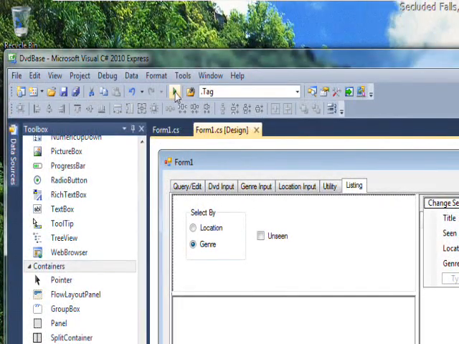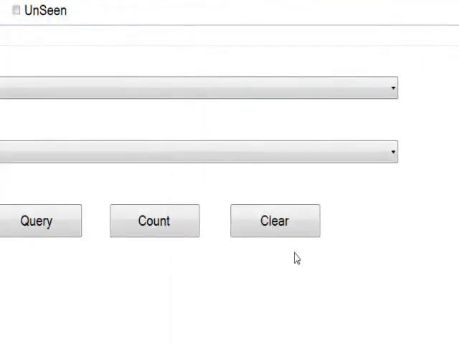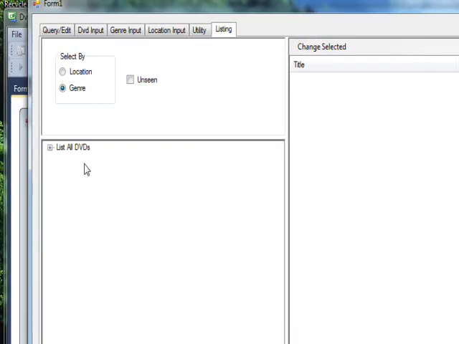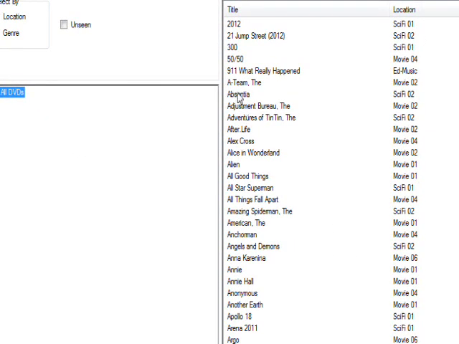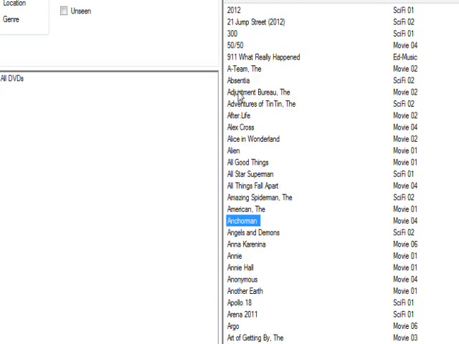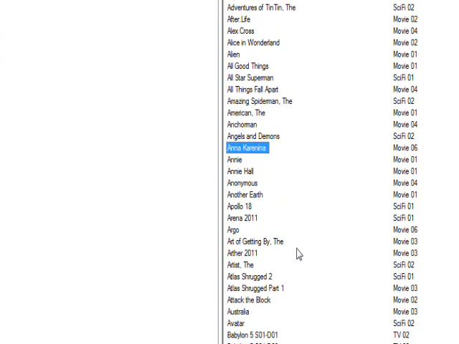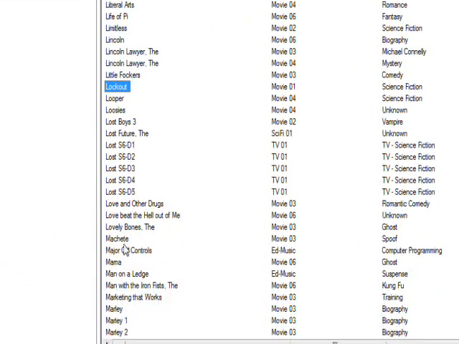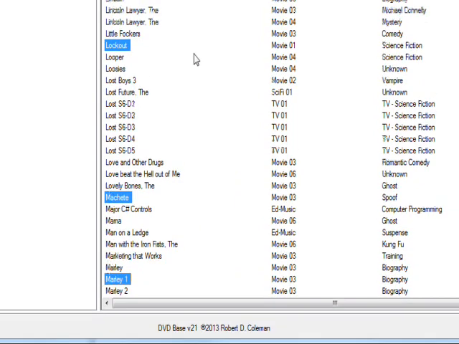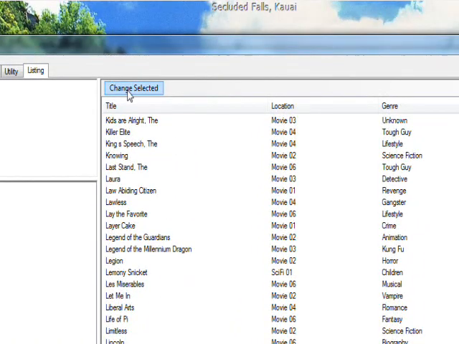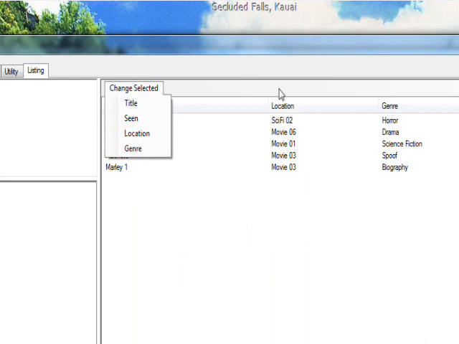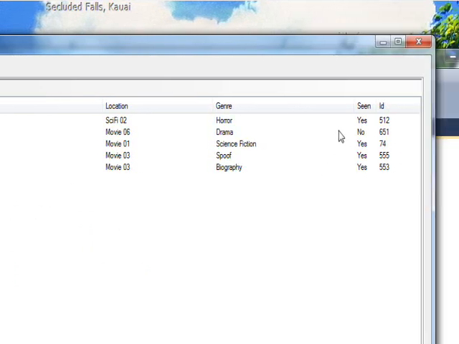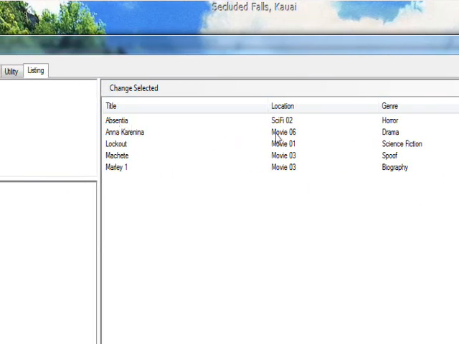So if we save this and compile and run it and go to the listing and say select all DVDs and then click on a number of DVD records, initially by clicking and then by doing multiple ones by doing control and click, and then if we click on the change selected, you see instead of getting a message box that pops up that list, we actually populate the list view with all the fields involved